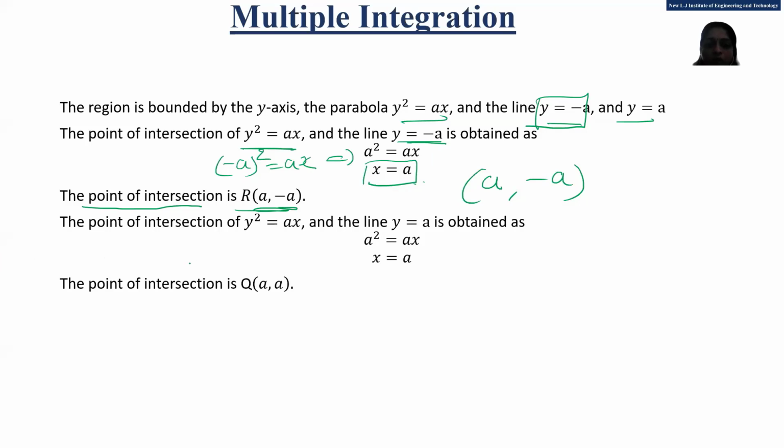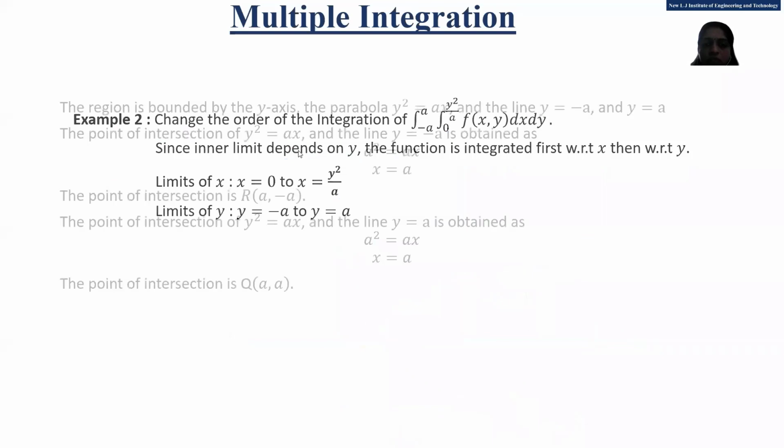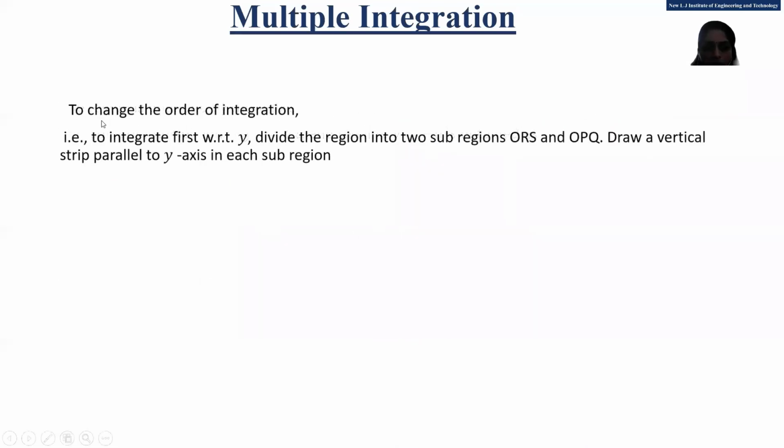Second, for the point of intersection, if I take y equal to a, then I get x equal to a. So my second point is (a, a). It means this point is (a, a) and this point is (a, minus a). The two intersecting points are (a, a) and (a, minus a). Okay. Now, as they ask to change the order of the integration, to change the order of the integration, we have to integrate